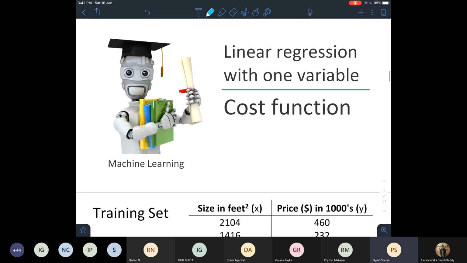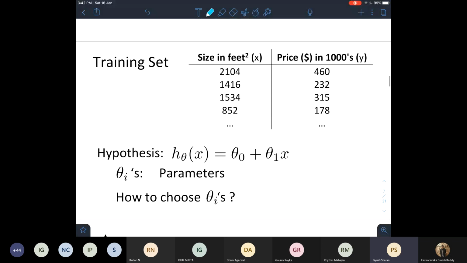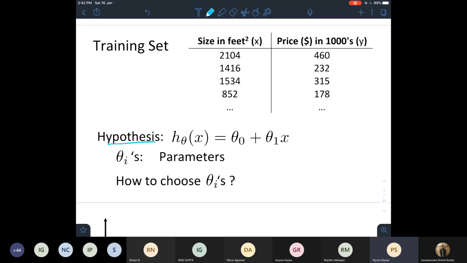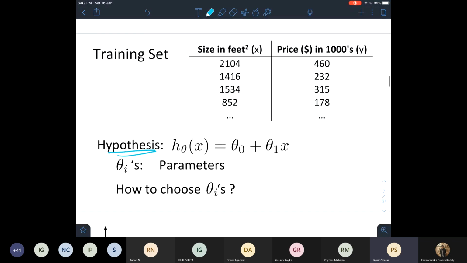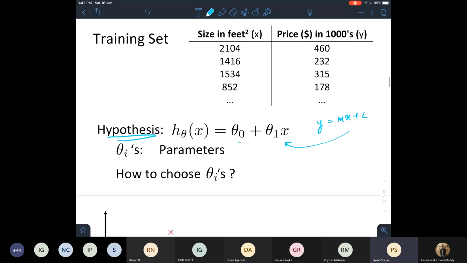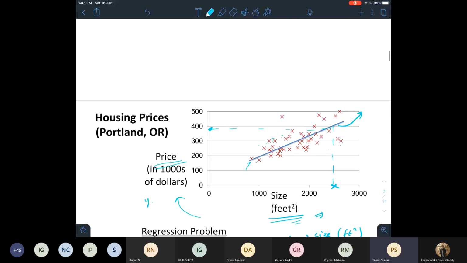Okay. So now we will study what is called a cost function. First I'll introduce what we are trying to do. We have a hypothesis function h theta of x. Because it is a linear problem, you know that any linear line in 2D space can be represented as y equals mx plus c. This is just the same thing. We just represent these parameters as theta naught and theta 1. Now our question is, because we are trying to find the best fitting line, what should be the value of theta naught and theta 1 such that we get this best fitting line over here, right? That is our task.